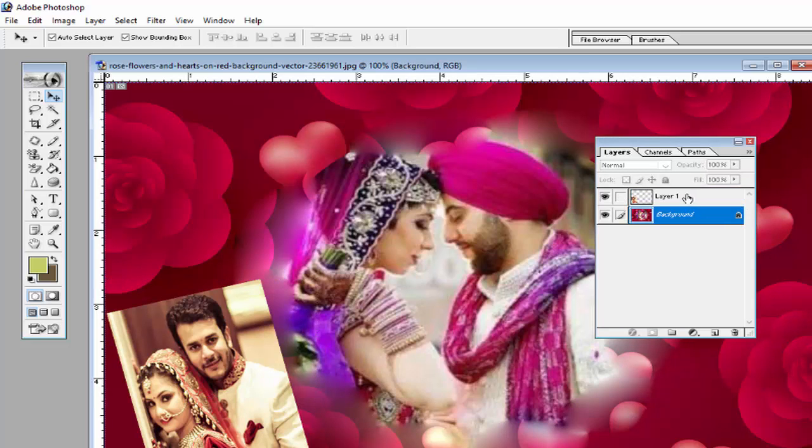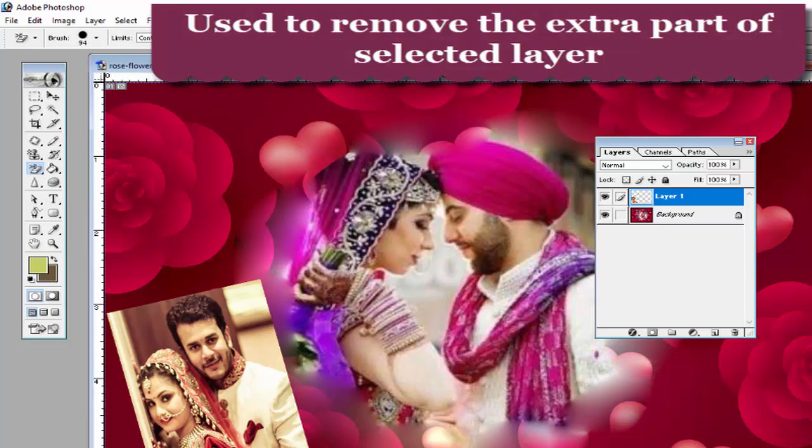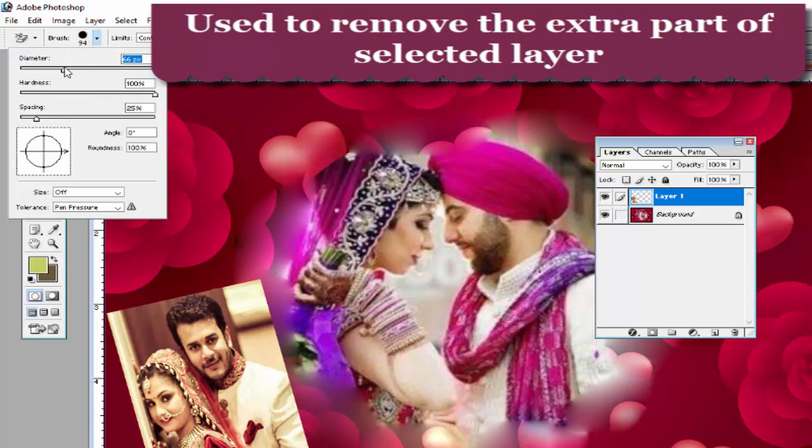Before combining both, first we will remove the unimportant part of the layer we inserted in this image using the background eraser. This is the background eraser; reduce the background eraser diameter from here.